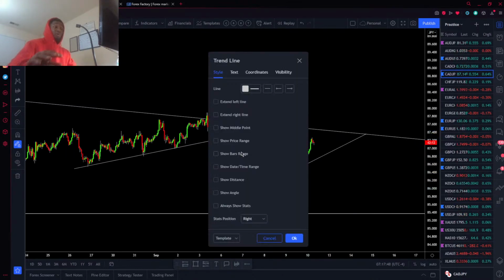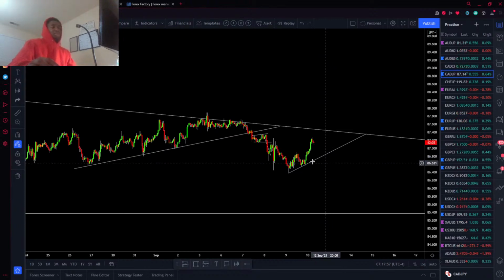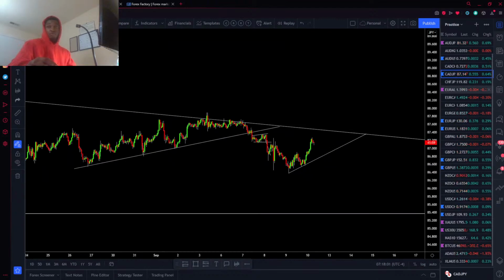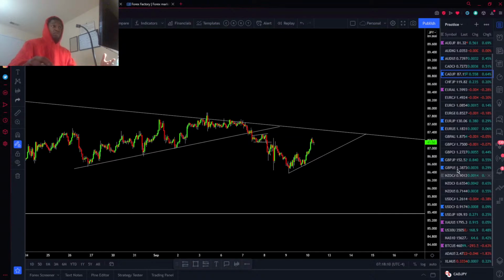or forms some corrective pattern, that's another reason to look for a bearish signal. But none of that has happened yet, so just gotta wait for those signals, wait for the story to develop and wait for the market to tell you what to do. Okay, that's CAD JPY. Next is Euro USD.